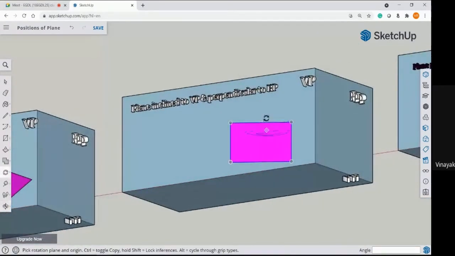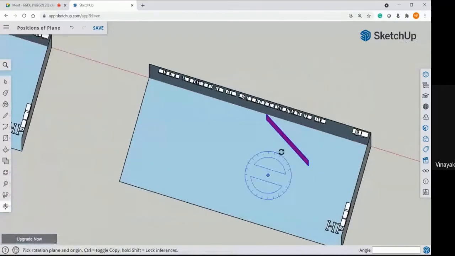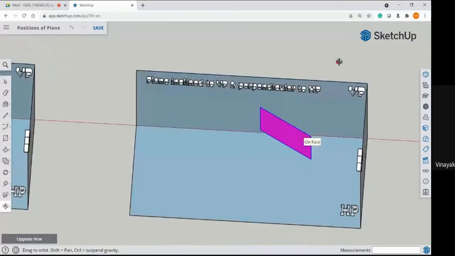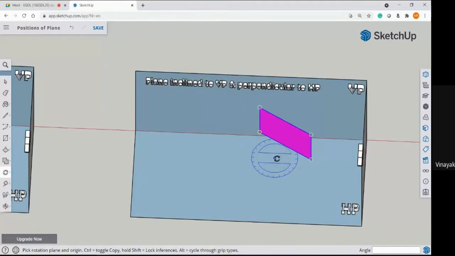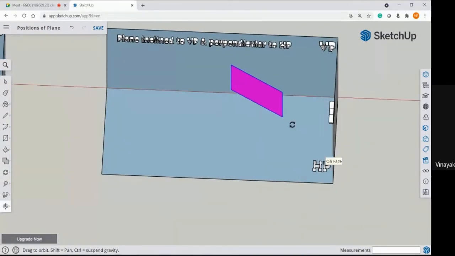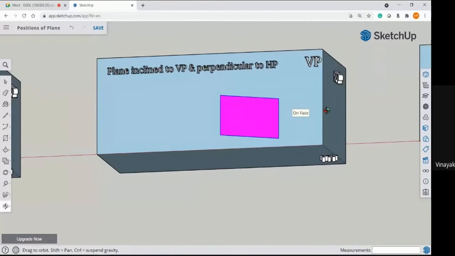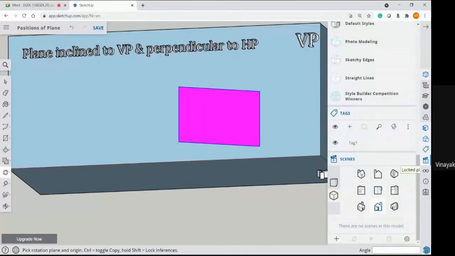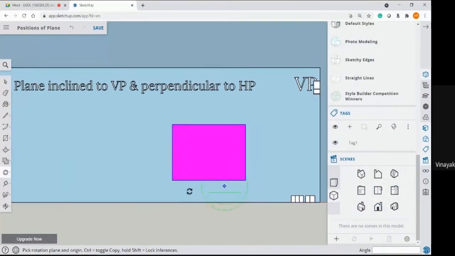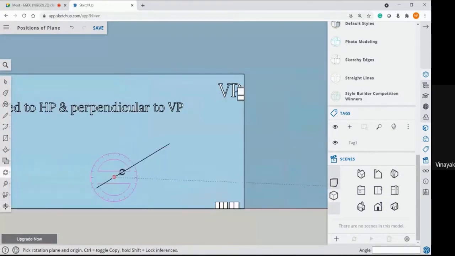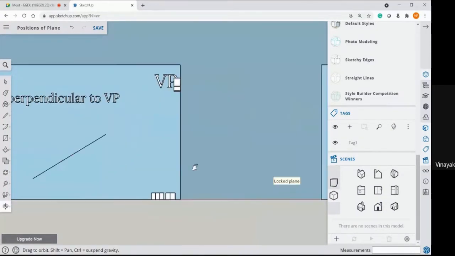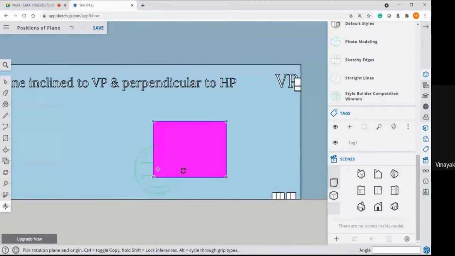This is a plane. So when you see it here, it is inclined to vertical plane and perpendicular to horizontal plane. When it is in this position, how do your front view and top view appear to you? Let's see them. So this is your front view. In the previous case, in the fourth position, your front view is like this. But in this position, your front view is like this, which is the apparent shape. So in the fourth position, your top view is the apparent shape, whereas in your fifth position, your front view is the apparent shape, which is on the vertical plane.